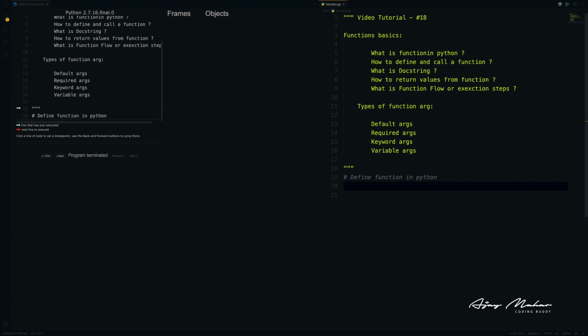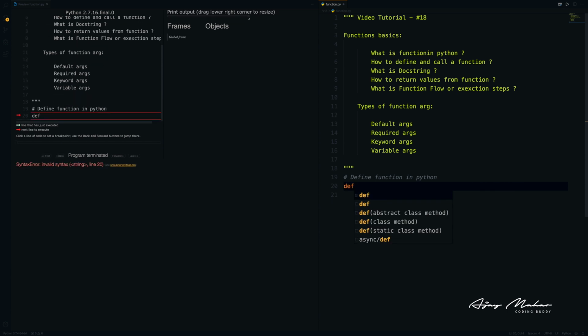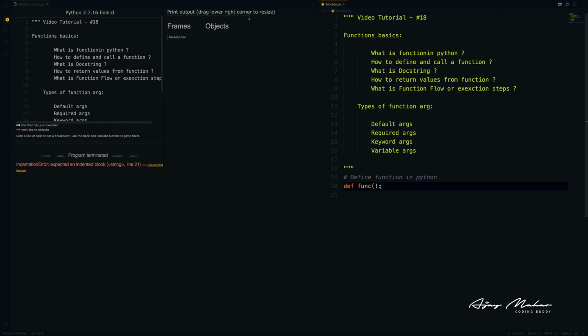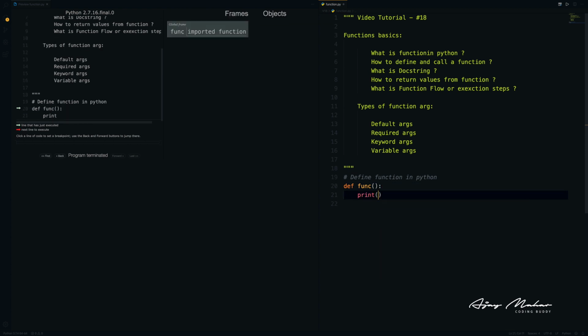So suppose I'm creating a function. There is a keyword called def, right? So def is used to define a function. First we'll provide the def keyword and then the function name. In this case I'm providing func. This is my function name, and within these brackets we will provide the arguments, if there are any arguments required for the function. After that we'll provide a colon sign. This colon sign will indicate to the Python interpreter that now there is going to be a block of statements. Now if we just simply go and print a message,